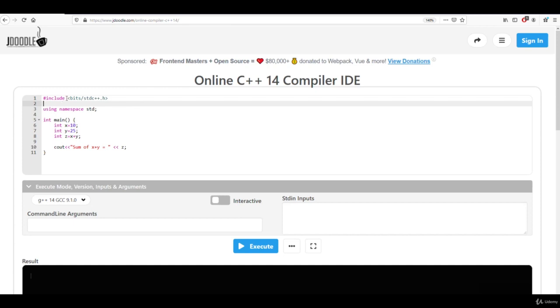For example, if I need to include vectors, or in order to use some math functions, I have to include math.h. If I have to use string functions, I have to include string.h. Basically, for using a specific type of data structure, I have to include the corresponding header file,